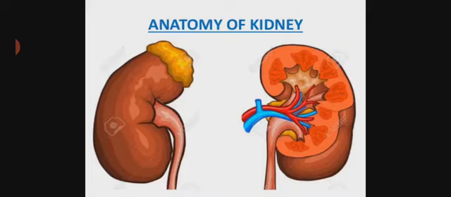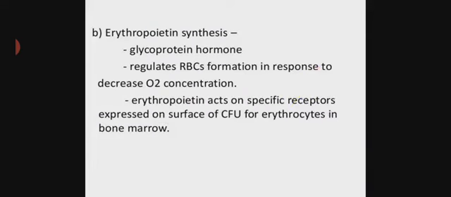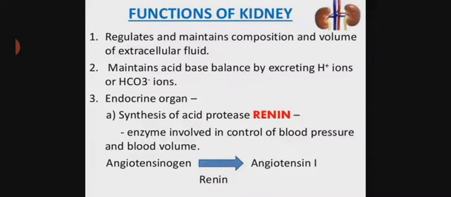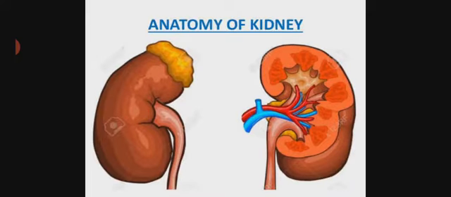So this is the anatomy of the kidney, showing the internal details, wherein you can see a reddish colored vein here, or the blood vessel here, which is known as renal vein, and a bluish one which is called renal artery, and there is a fine tube called ureter, which arises from the pelvis part of the kidney.